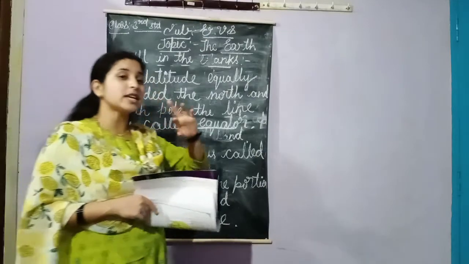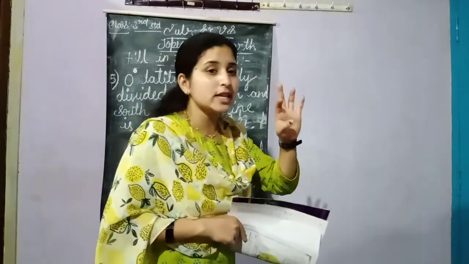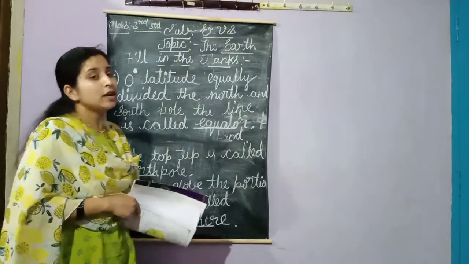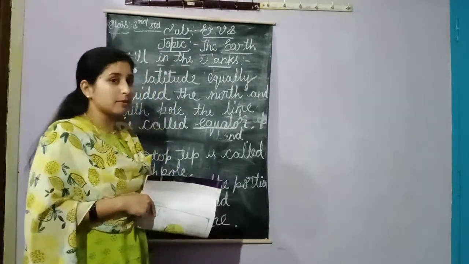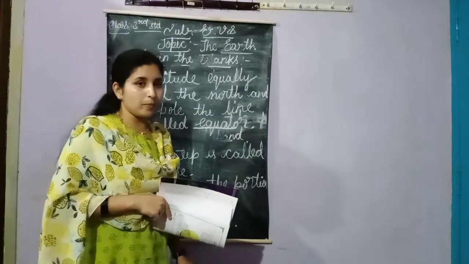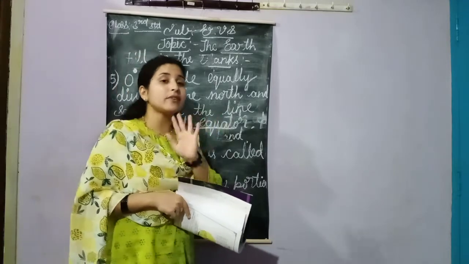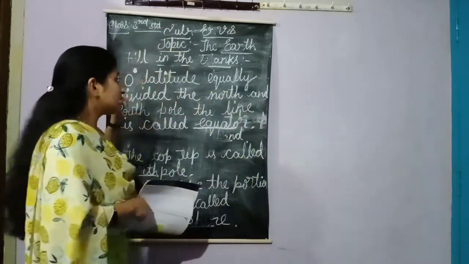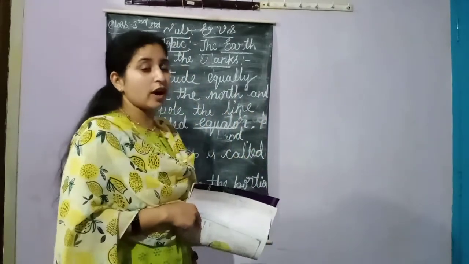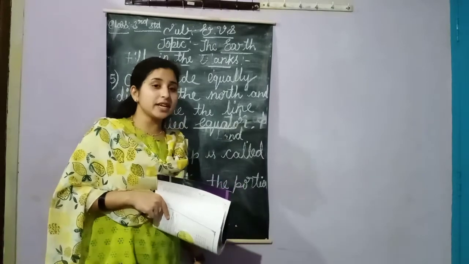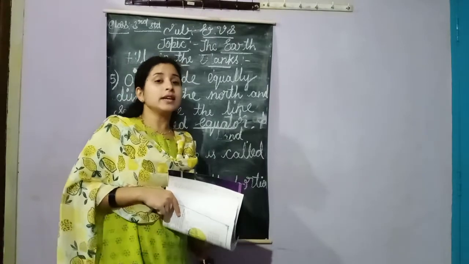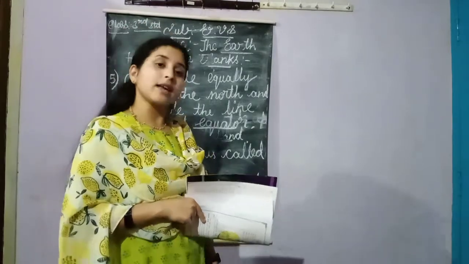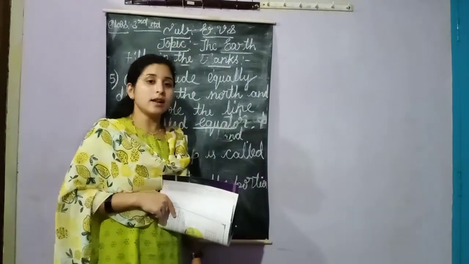Latitude is measured in degrees and longitude is measured in degrees, minutes and seconds. These are the general information about latitude and longitude. Longitude and latitude are imaginary lines on the globe, which we cannot really see on the earth, children. Latitudes are the horizontal lines and longitudes are the vertical lines.